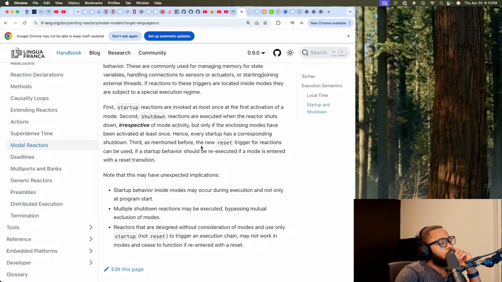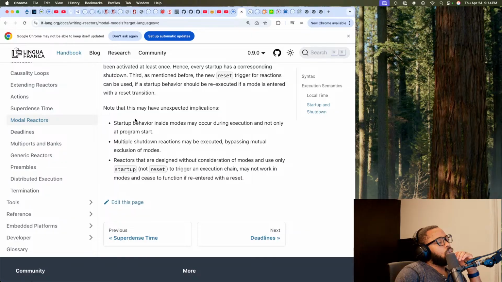Third, as mentioned before, the new reset trigger for reactions can be used if a startup behavior should be re-executed if a mode is entered with a reset transition. Note that this may have unexpected implications. Startup behavior inside modes may occur during execution and not only at program start.